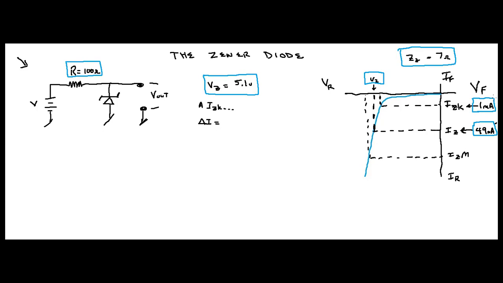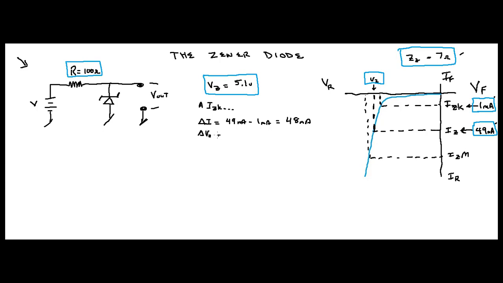And we know IZK is 1 milliamp. And so delta I is going to equal 49 milliamps minus 1 milliamp. That's going to equal 48 milliamps, right? And we know what ZZ is right here. It's 7 ohms, right? So if we want to find out that delta VZ,